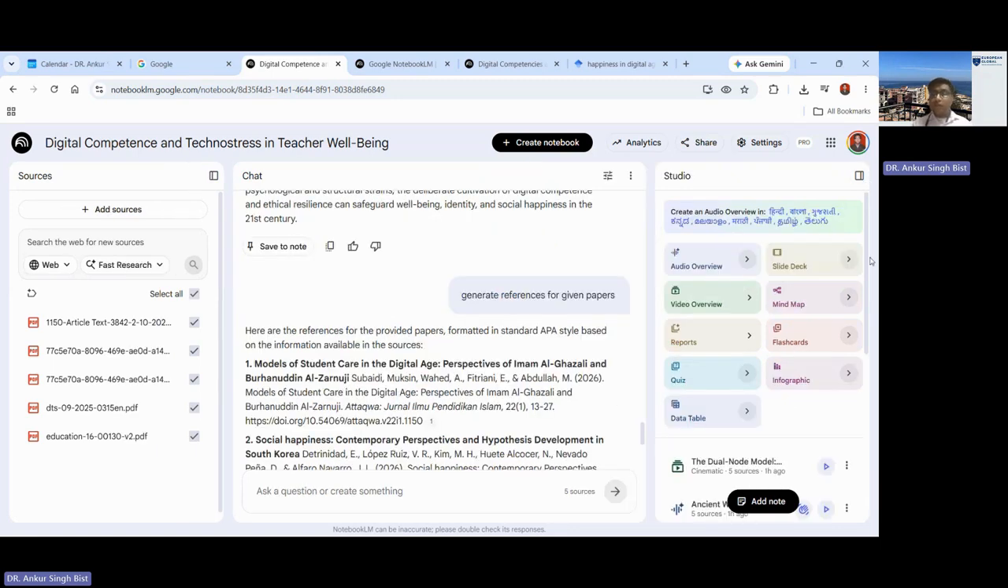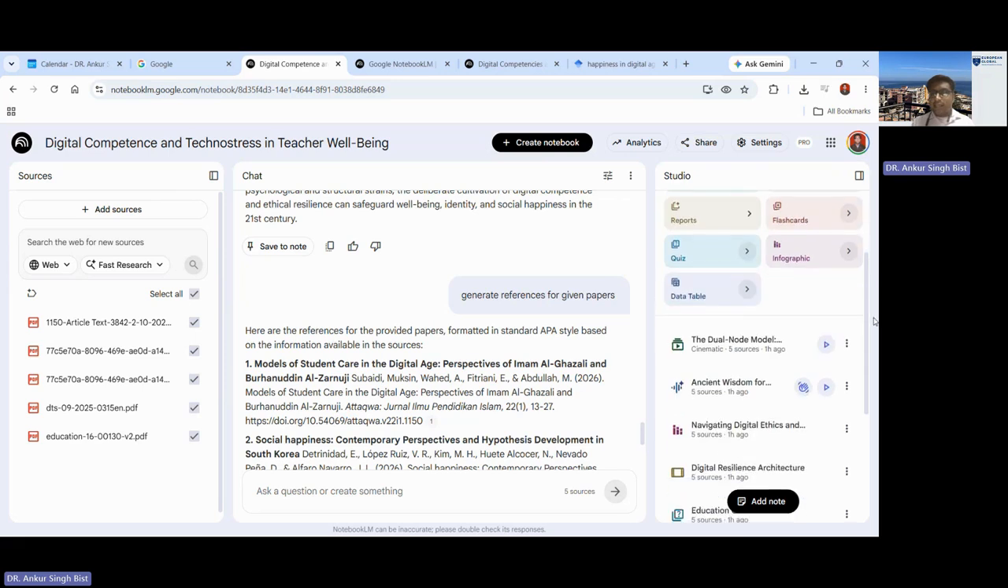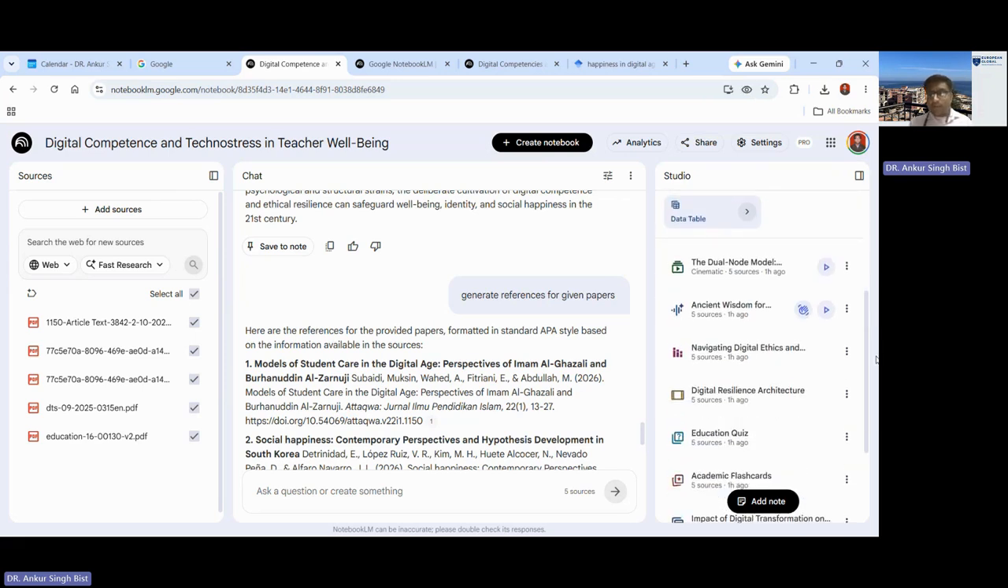What else can you do? If you want to generate the PPT, because you have to show the PPT at the end of your thesis, you can generate the presentation based on your papers. You can modify it, of course, as per your requirement. So just let me show you